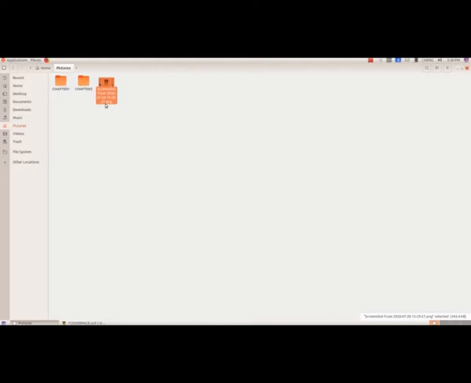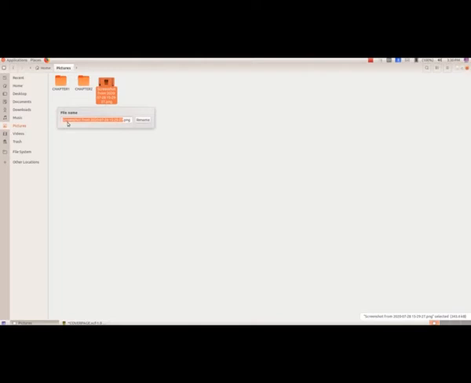And suppose you want to rename this, as I told you, it is given as screenshot. For your exam and all, you have to save this in your register number. So how can you do that? After you have to select that and then right click, and here we have the option rename. So you have to select that, and now we got that window which shows the file name. And here instead of that screenshot, you have to give your register number or whatever file name you have to give.